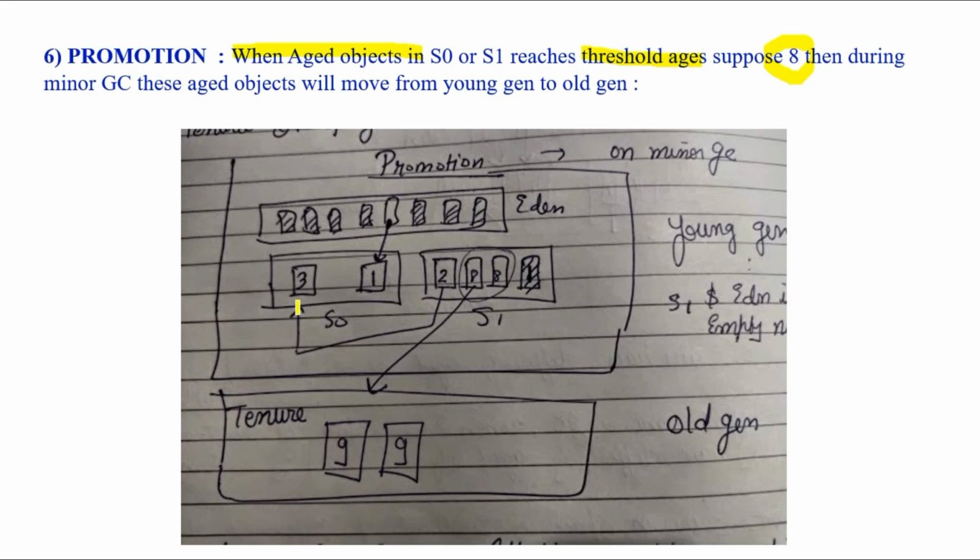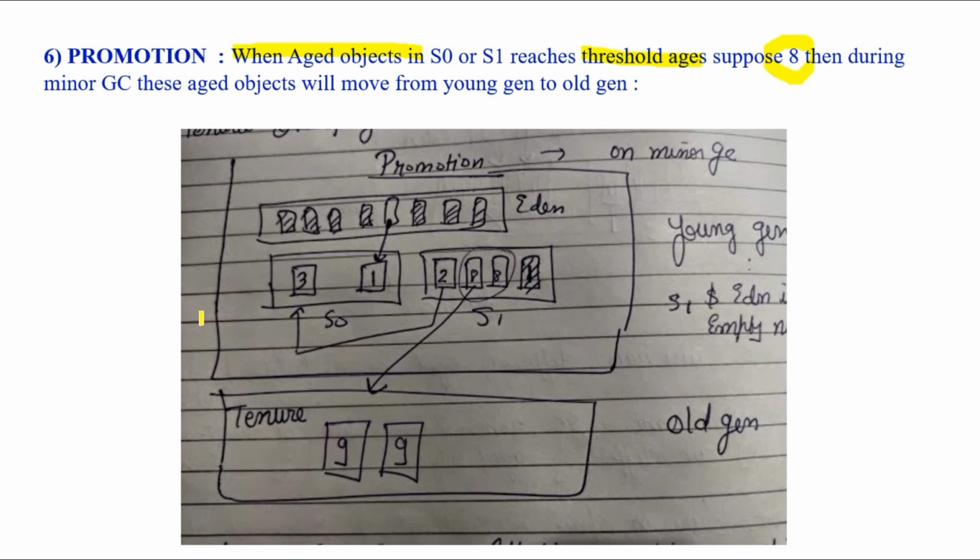And when Eden space gets filled up, then you will have objects in one of the survivor spaces and in Eden space. Hence minor garbage collection takes objects from Eden as well as the survivor space and keeps them in the other one, making the Eden space and survivor space empty again. So that was the whole cycle, if you could understand it. If not, please let me know in the comment section. I have no issues in repeating the same thing with an animation for you.